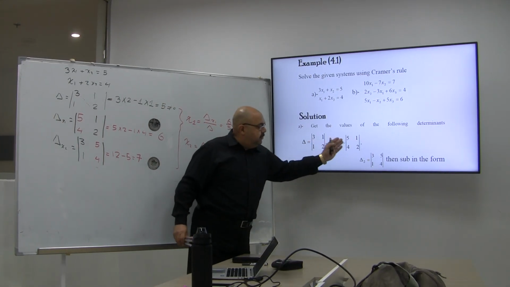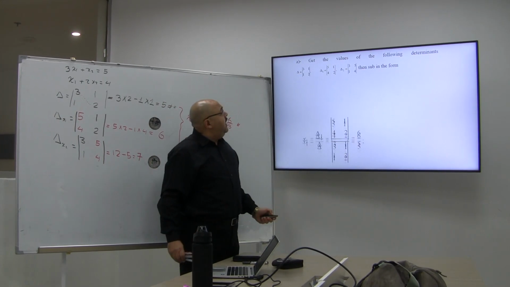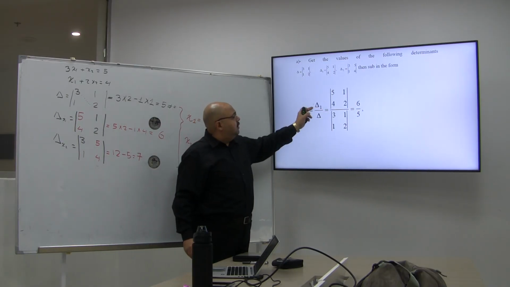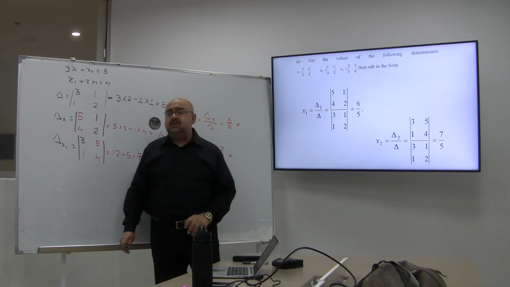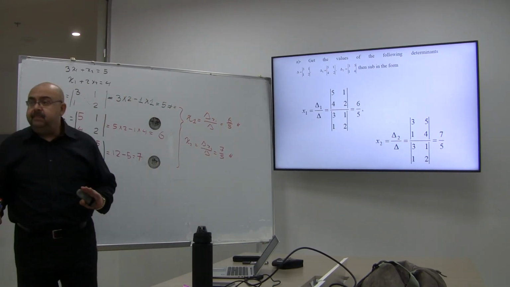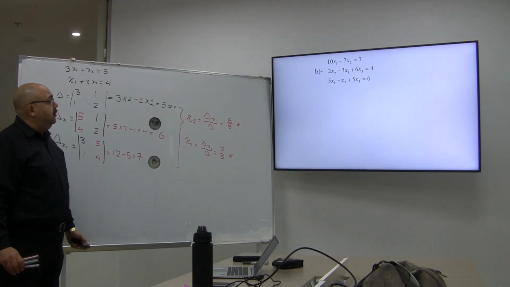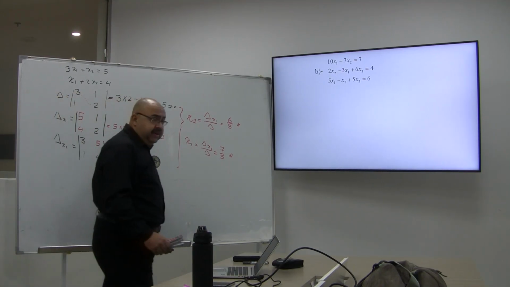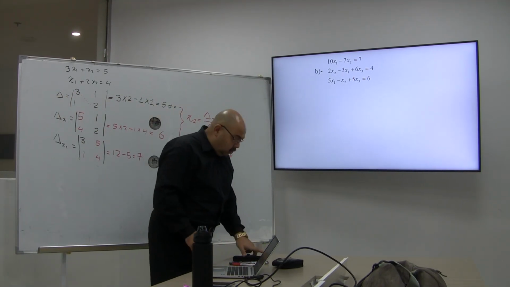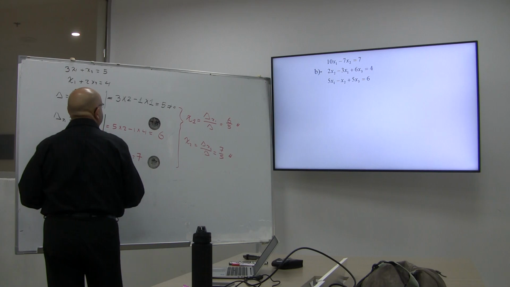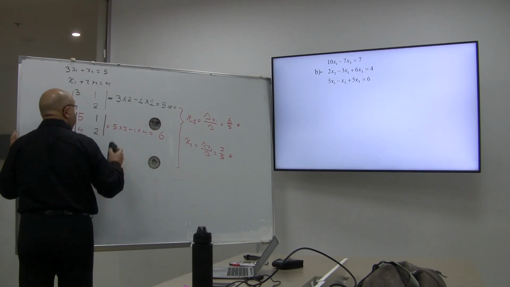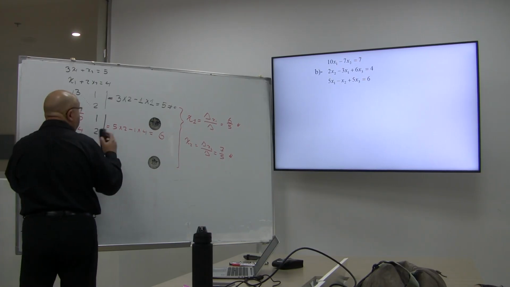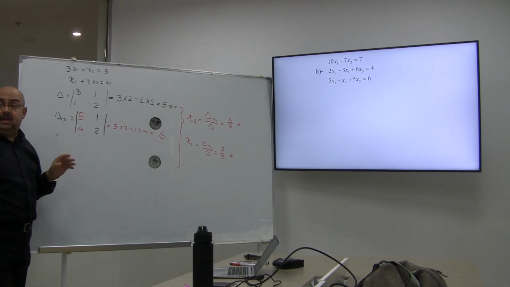This is number 1, number 2, and number 3. And the values are really very simple. x1 is delta 1 over delta, so it's going to come up to 6 over 5, and x2 is 7 over 5. Simple. If we want to solve this system, which is 3 by 3, okay? If I want to solve this system, which is 3 by 3, it's going to be similar to this one, but before I erase this